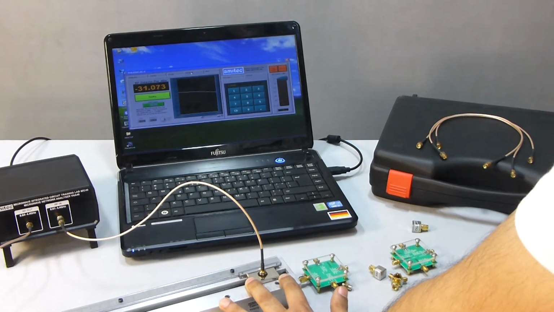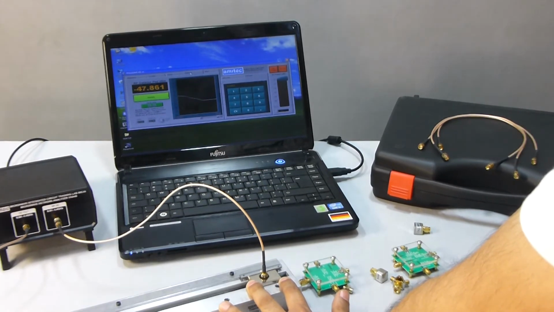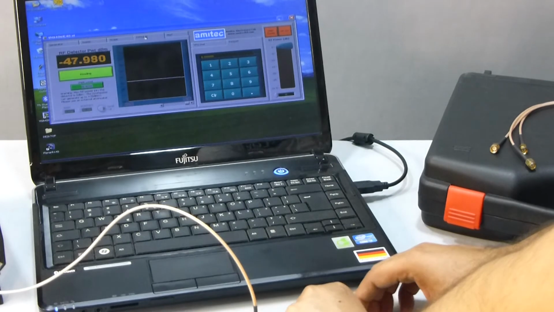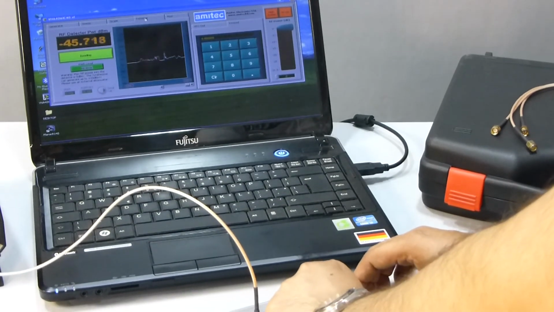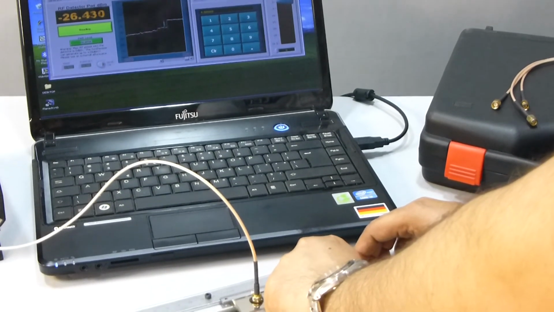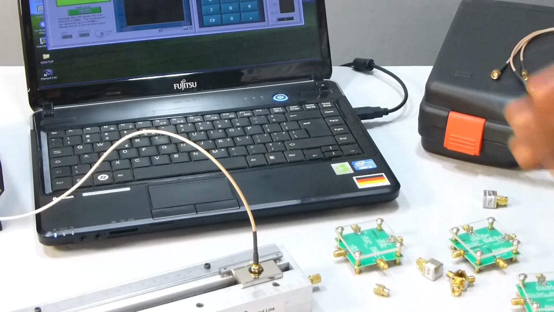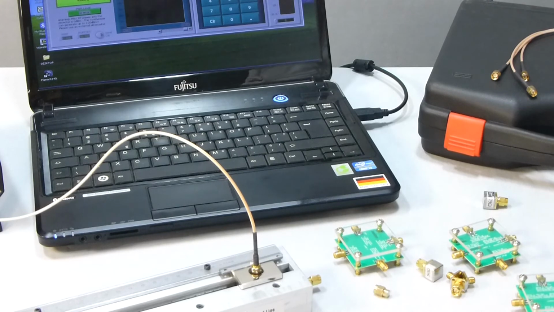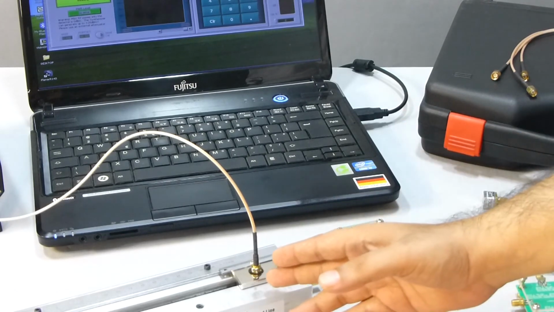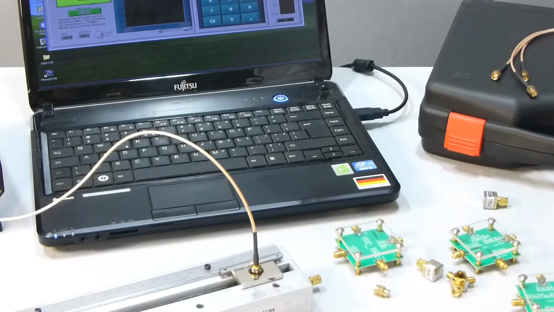Once we have measured the guide wavelength, we will bring the probe to the first minima again. As you can see, now we have brought the probe to the minima again. We will remove the short and keep on applying the unknown loads to be measured, and we will measure the shift in minima from 217 millimeters, and we will plot the Smith chart corresponding to different load conditions.